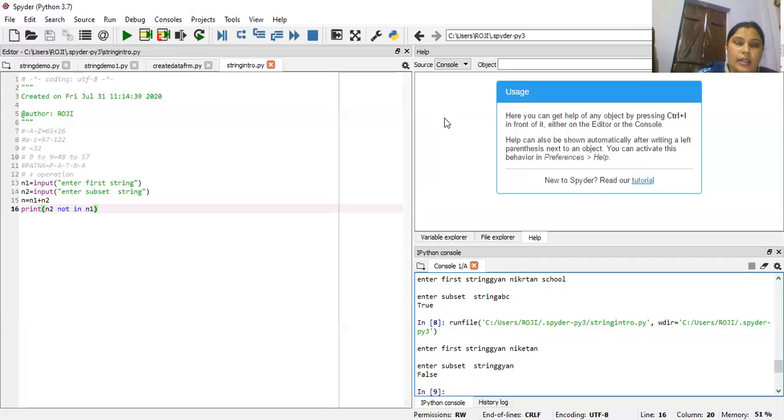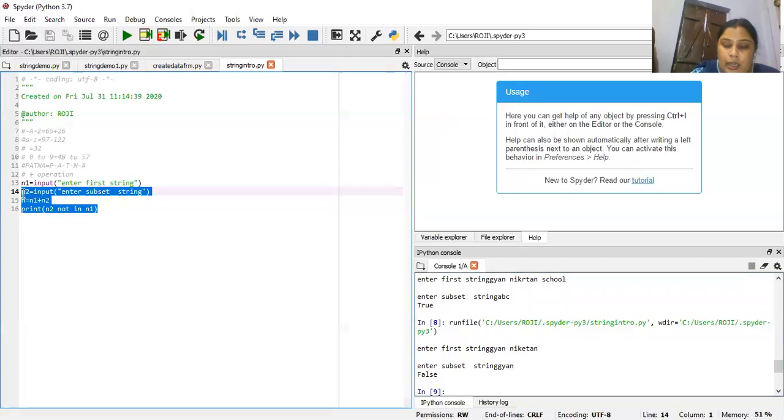So in and not in are two important membership operators. Now again we are using a program in which we enter a string and every character of that string will be displayed on a different line.